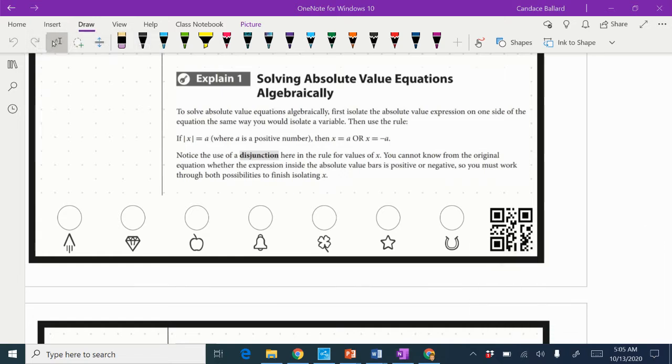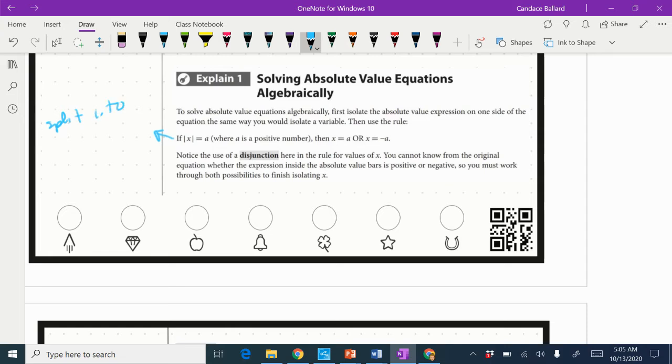So it says that to solve absolute value equations algebraically, first isolate the absolute value expression on one side of the equation the same way you would isolate a variable. So we get the absolute value expression by itself. Then use the rule: if the absolute value of x equals a, where a is a positive number, then x equals a or x equals negative a. So the way I remember this, the side note I would make, is that you have to split